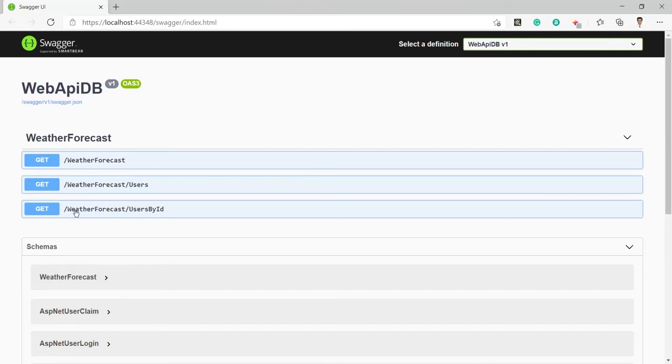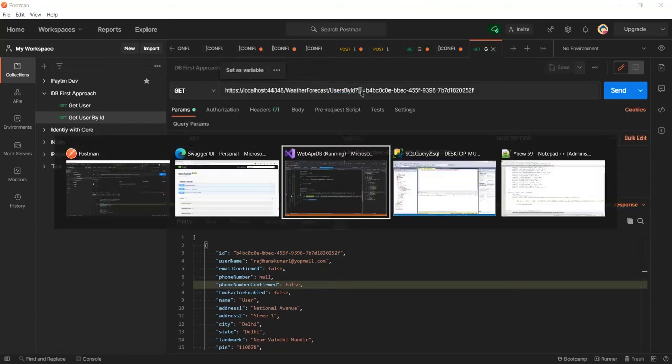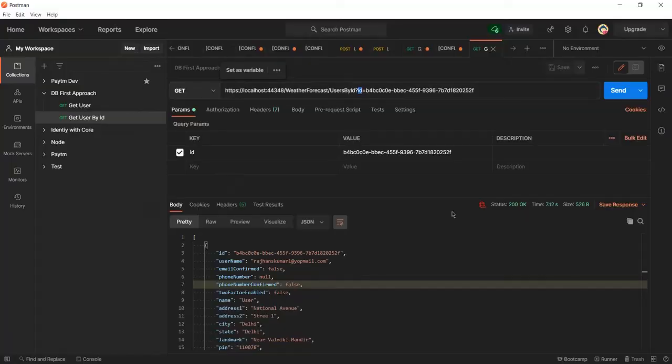I am going to call the third API, weather forecast and user by ID. So I will come here in Postman, and you can see this is the same API, UserById, and I have passed ID as a parameter because I am accepting ID in params. So this is the same thing, the parameter I have passed. This is the user ID, and now let me click on send.